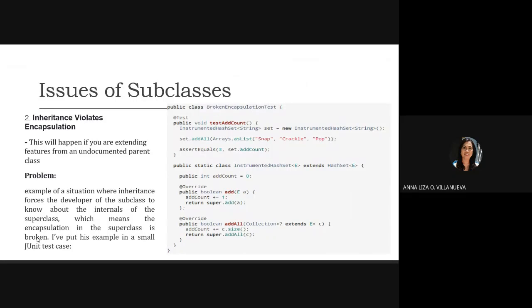So inheritance violates encapsulation. This will happen if you are extending features from an undocumented parent class. Problem: example of situation where inheritance forces a developer of the subclass to know about the internals of the superclass, which means that encapsulation in the superclass is